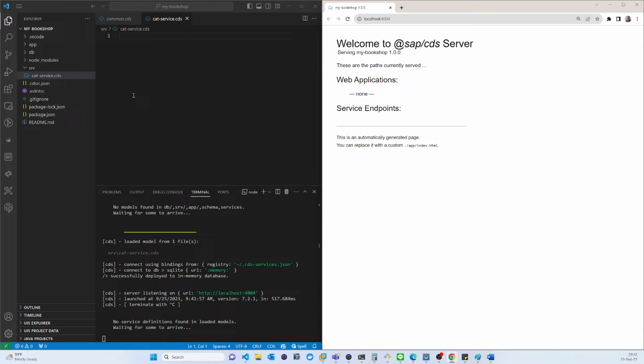So this page is coming from this service location, because CDS automatically understands that there is a service, but currently there is no data or nothing. We have to create an entity. So for this purpose, now I am going to create a service